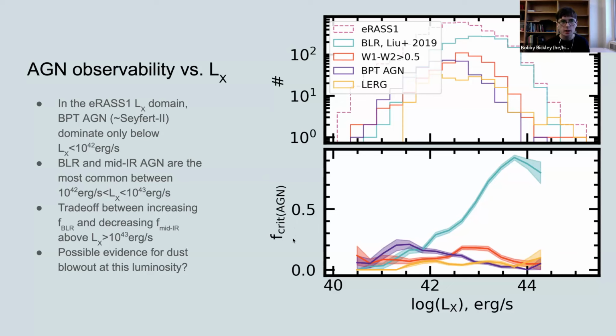But what I think is really interesting about this plot is the kind of takeover of broadline AGN at a luminosity of somewhere between 10 to the 42 and 10 to the 43. They really start to outpace all of these other AGN classes. And I think this is likely evidence for dust blowout somewhere around this AGN luminosity. So sort of small scale or nuclear scale feedback changing in an active way the observability of the supermassive black hole associated with that object.